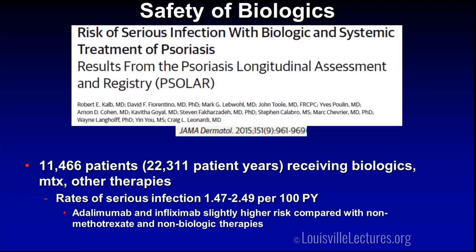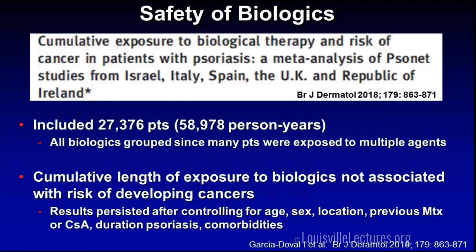And in this publication, even by 2015, they had over 11,000 patients enrolled and had accumulated over 22,000 patient years of biologic exposure. And what they learned is that really the risk of serious infection is quite low, somewhere between about 1.5 and 2.5 per 100 patient years, with maybe some of the TNF inhibitors having a slightly higher risk than the other medications. We've also learned that the risk of malignancy on patients exposed to biologics is really quite